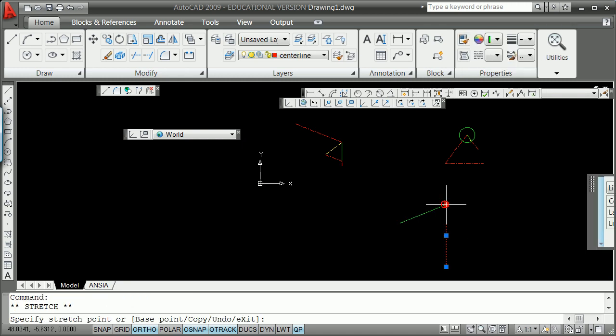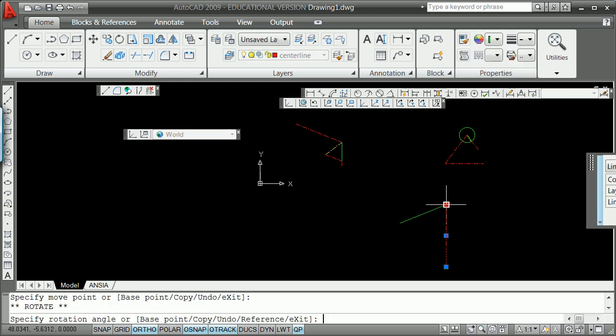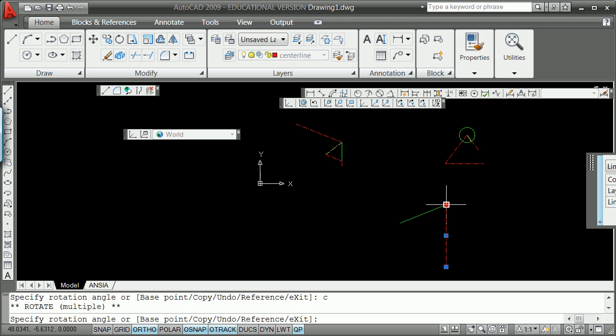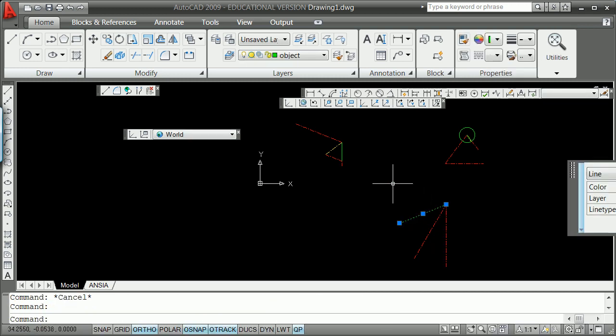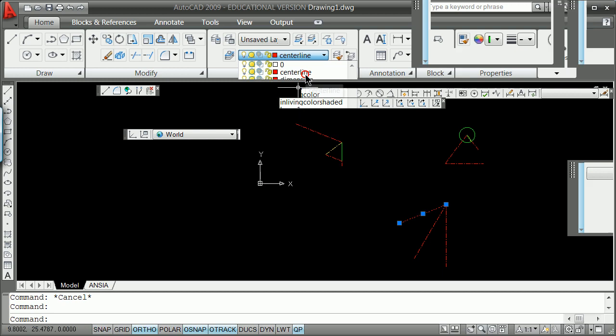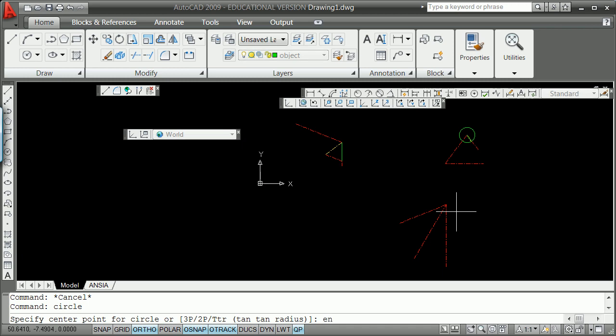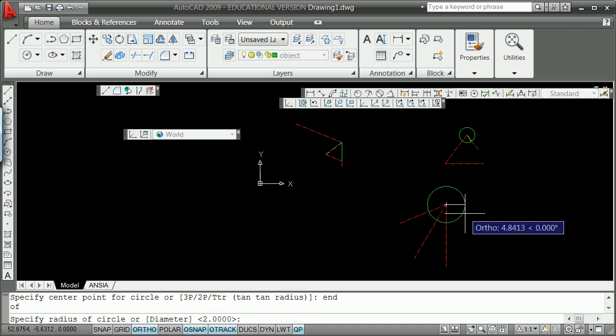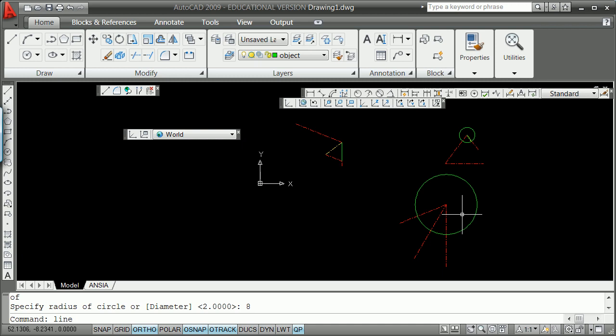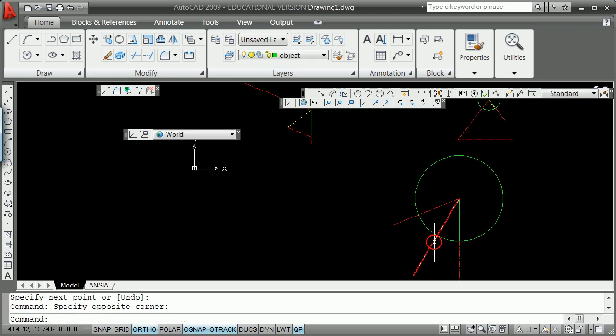So left click, spacebar to rotate. C for copy, and at minus 30 degrees. Take a quick break here to get the coffee, and we'll finish this up within the next minute. Alright, so we've drafted up the structure, putting these in the correct layer, if you would, and then that force down was 800. Once again, you've got to pick, circle. You're going to decide 1 is 100, 8 is your distance, line from the intersection, shift right click to the intersection, pick a direction home, maybe change the color on that,